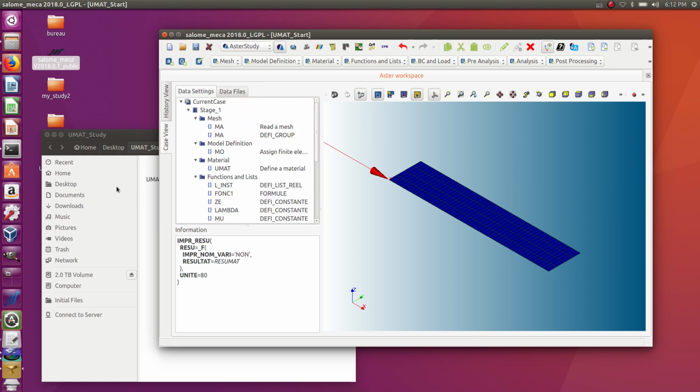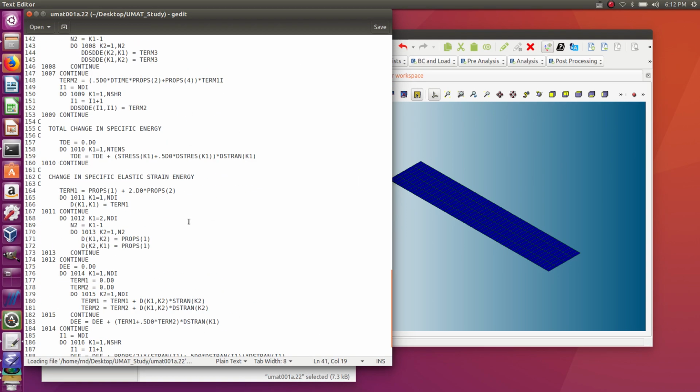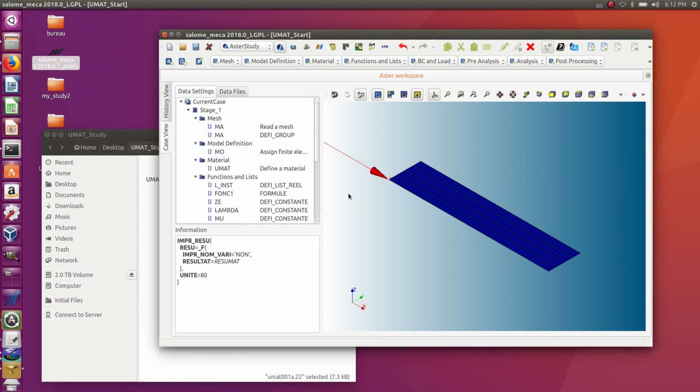So now, how do I link my model with the UMAT that I have here? I have my UMAT subroutine ready here. How do I put that into Code_Aster? Well, the first step is that you will have to compile this into a dynamic library that Code_Aster will be able to read. So in order to do that, we need to open the shell, but inside the Salome environment. There are several ways to do that. Maybe the most simple is to go into the Salome-Meca, and here you have Tools, Plugins, Salome Shell Session. So click here,